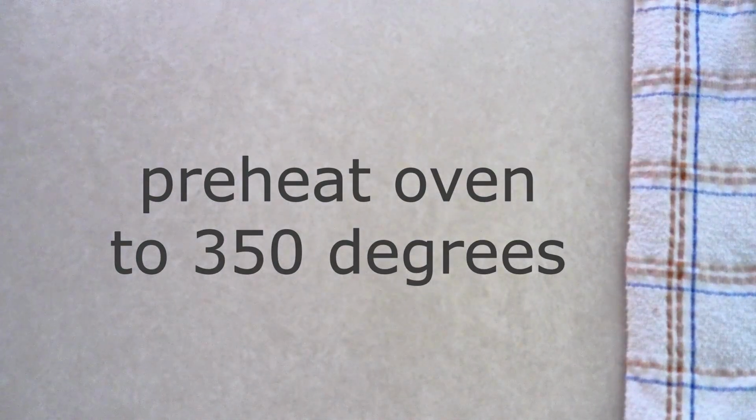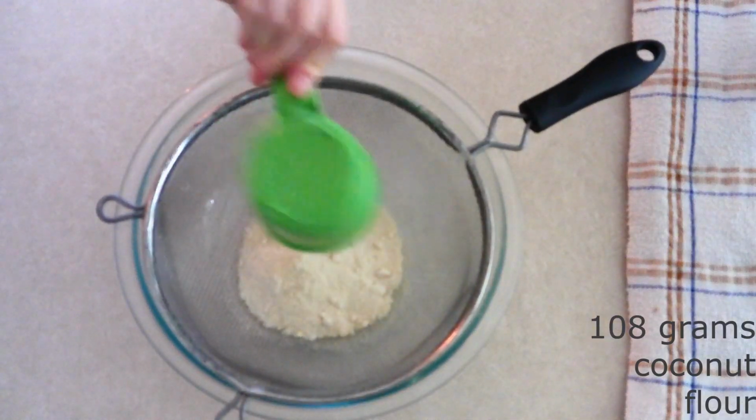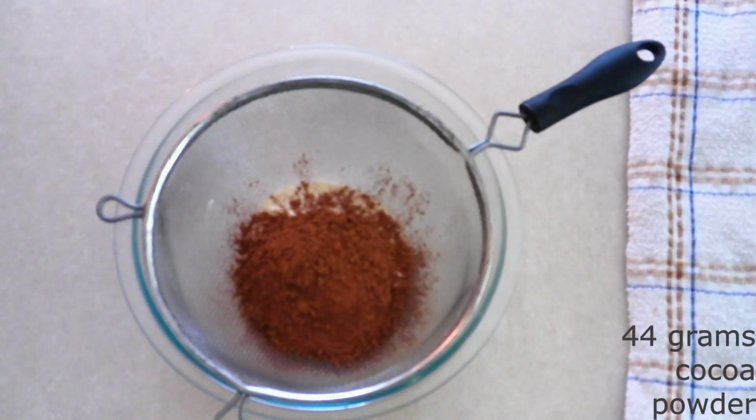Preheat your oven to 350 degrees. Line 2 large baking sheets with parchment paper and set them aside. In a large mixing bowl, combine 108 grams or around 15 tablespoons of coconut flour, 44 grams or around 6 tablespoons of cocoa powder,